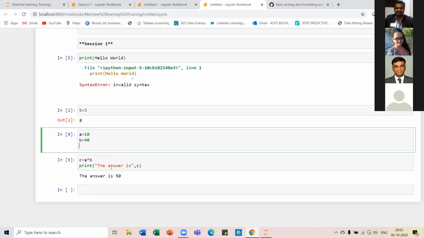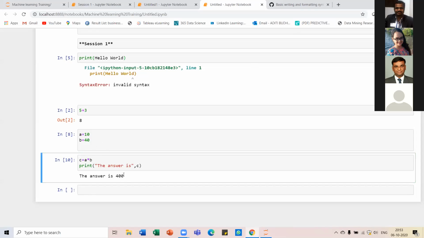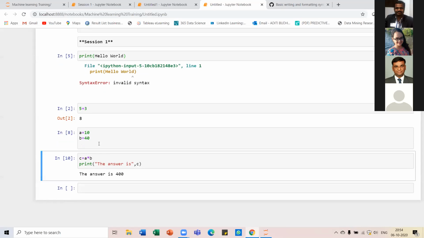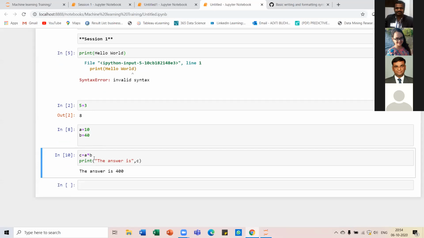Just run it again. We will learn about these operators and variables in detail in the coming sessions. But today, just for having some high level idea, let us run this small piece of code.